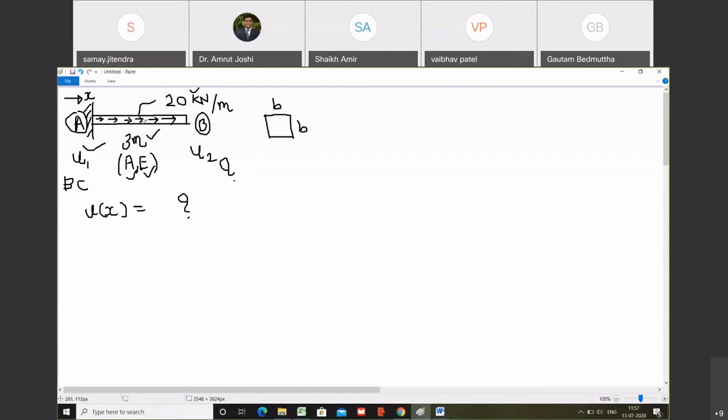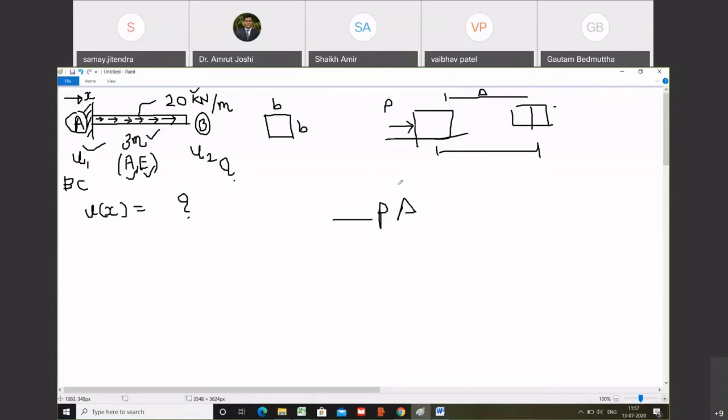If you remember, last time we did the experiment where we had P here, and under this P, delta occurs and the body moves from position 1 to position 2. So what is the work done by this P? P into delta. Do you agree with me? Yes. That is the work done, or the potential energy associated with this force P. How do we write it? Negative of P times delta is the potential energy associated with the external force. Do you remember all this?